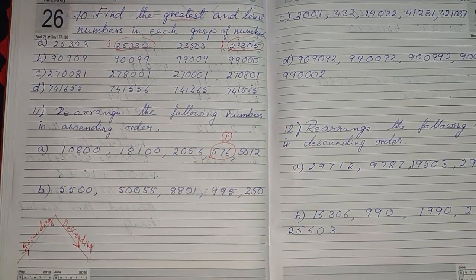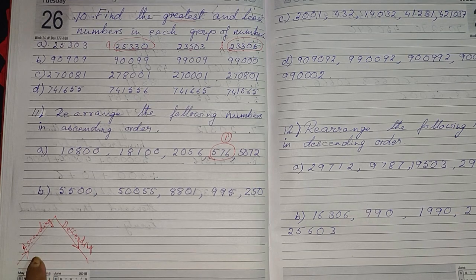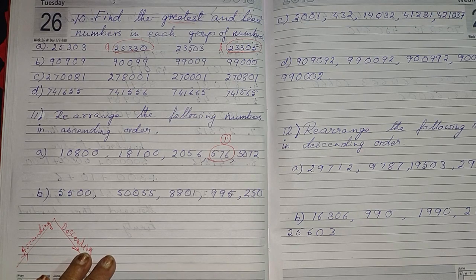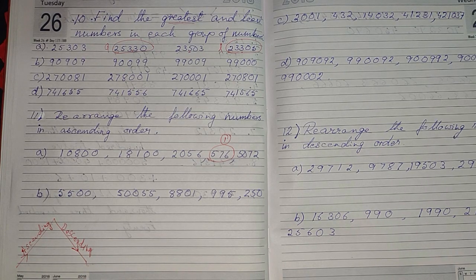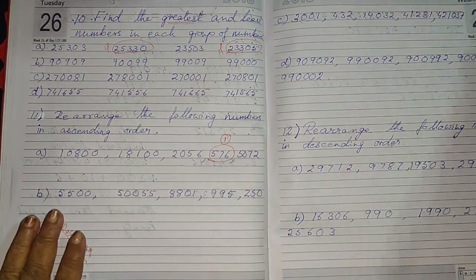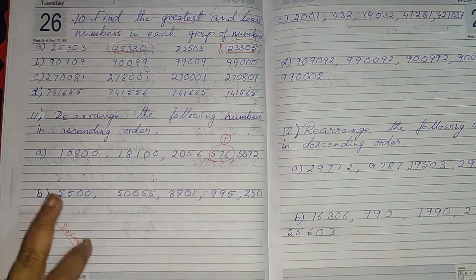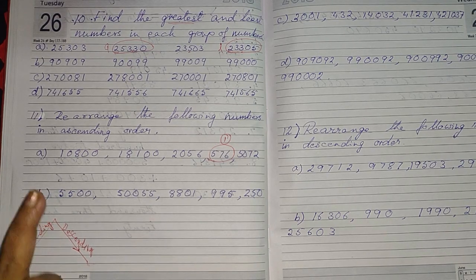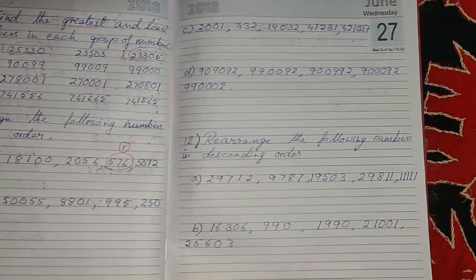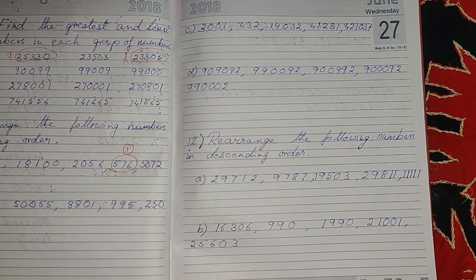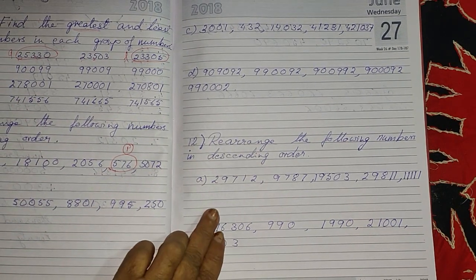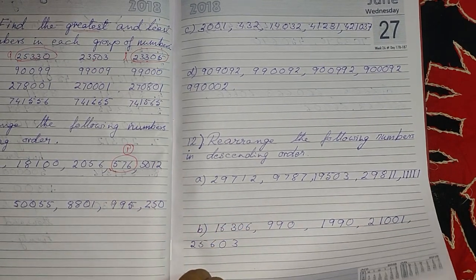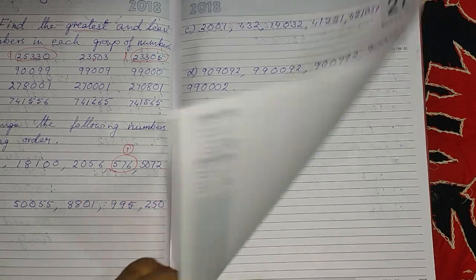Today we will go on to page 17. Yesterday we had done how to arrange the numbers from the smallest to the greatest. Yesterday you did arranging in ascending order, that is smaller to greater, and today you will be doing the descending order, that is from greater to smaller. I hope you will follow the steps that I told you yesterday and do the descending order.